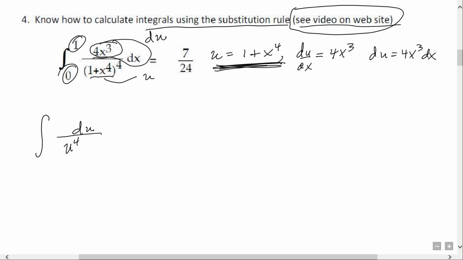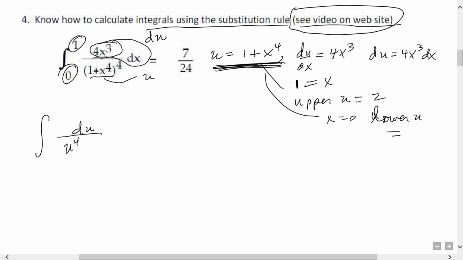So we plug in for the upper limit x equals 1 and get the upper u is equal to 2, and then plug in x equals 0 and get the lower u is equal to 1. So we have an integral from 0 to 1 of 1 over u to the fourth du,